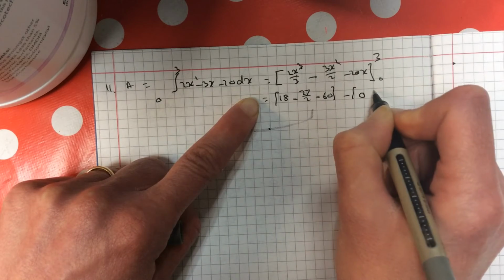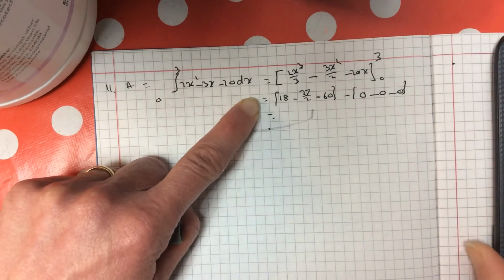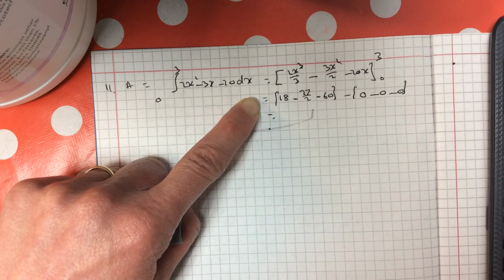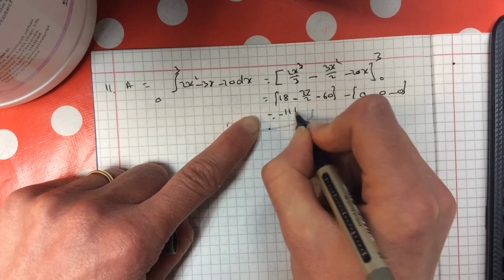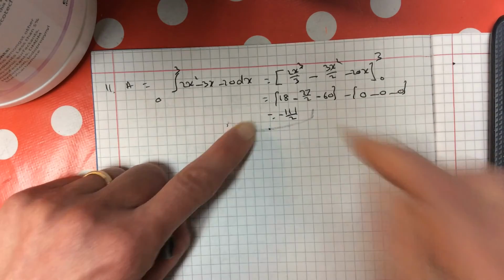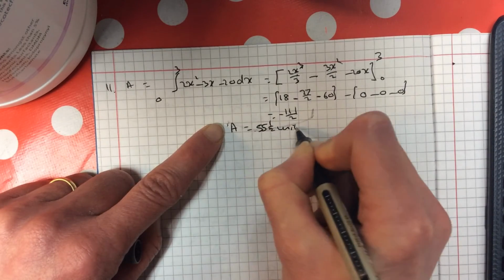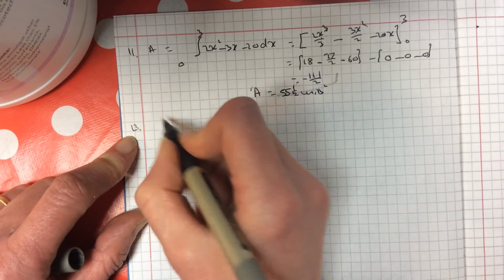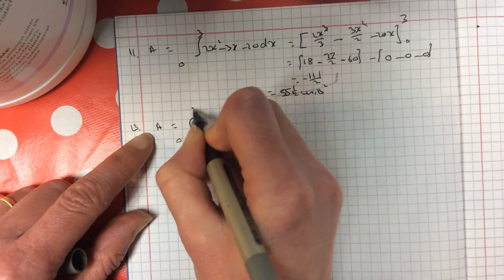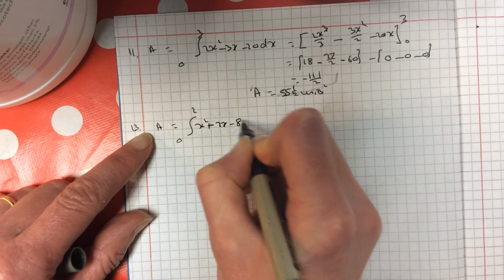Then sub in 0, all becomes 0. So working that out, it's 18 minus 27 over 2. Take away 60, gives you minus 111 over 2. So write that as a positive. So it's 55.5 units squared. Number 13. Find the area between the lines 0 and 2, and you get x squared plus 2x minus 8